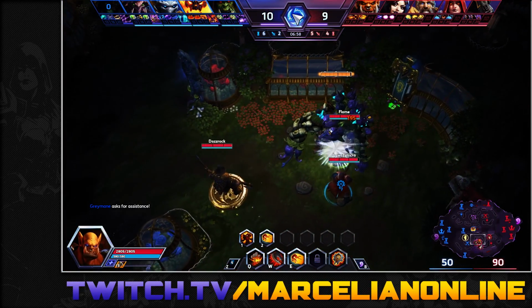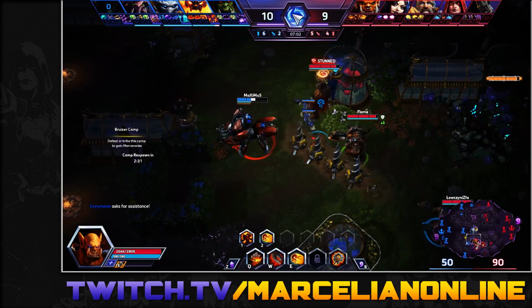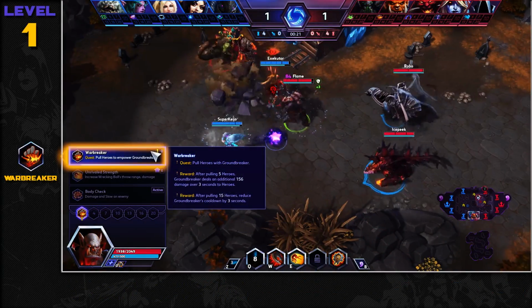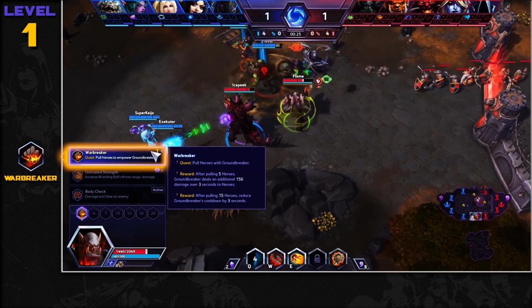Being the newest hero added to the Nexus, Garrosh still has some time to adapt to the meta. But one build I found to work really well, and it's great to start learning Garrosh with, is the one focused on his Q. For that we pick Warbreaker at level 1, giving us our first and only quest talent